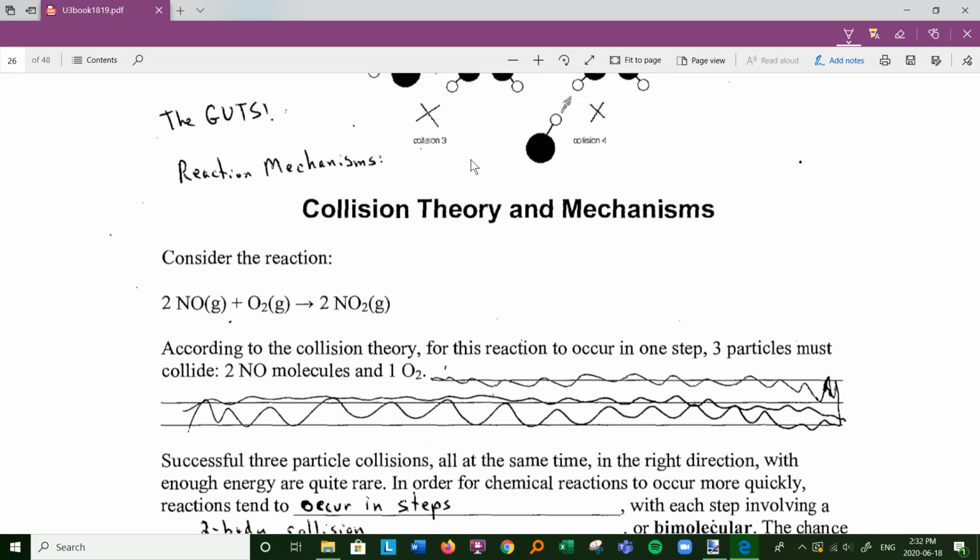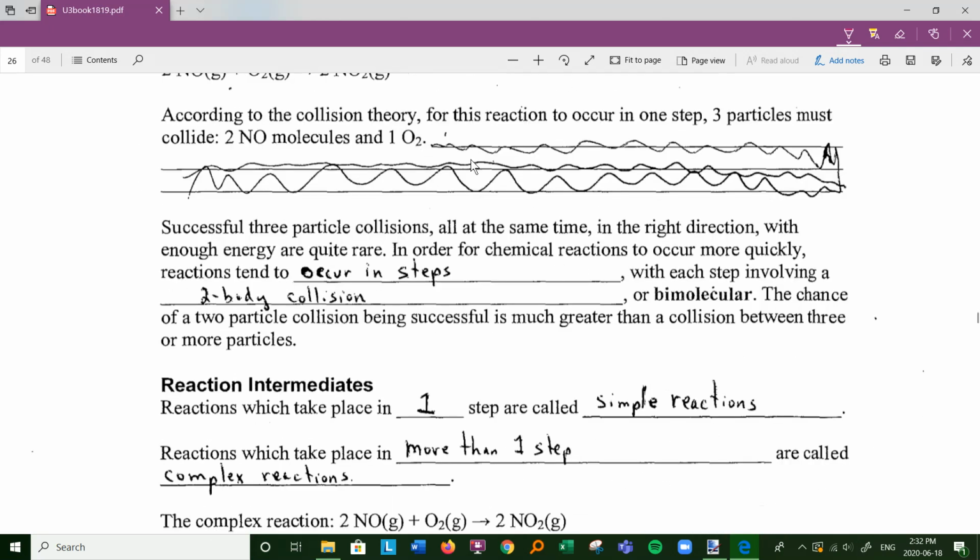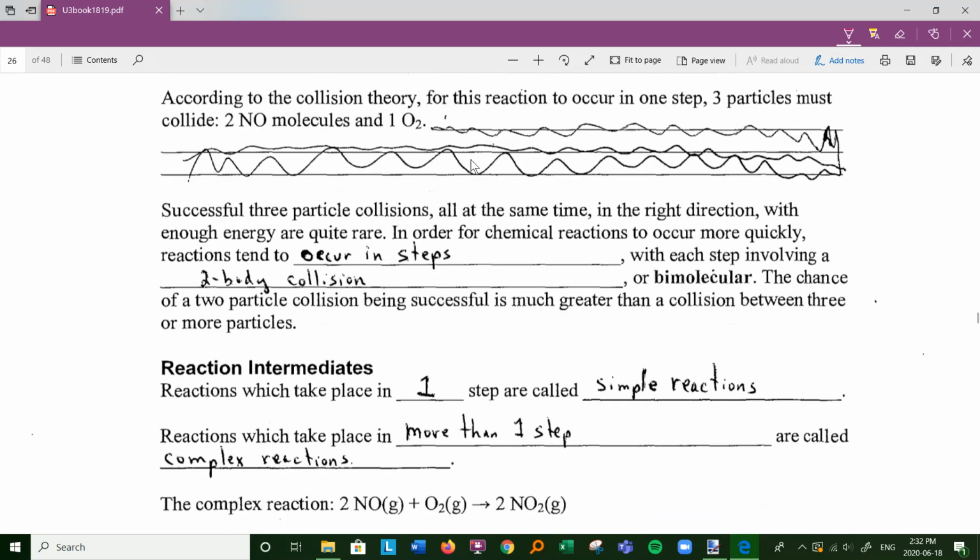Successful 3-particle collisions all at the same time in the right direction with enough energy are quite rare. Right direction? I don't want to say in the right direction. Let's say in the right orientation. I think that's a better word to use. In order for chemical reactions to occur more quickly, reactions tend to occur in steps, just like a DJ would say, break it down into steps. With each step, and I can say that because I am a DJ, with each step involving a 2-body collision,